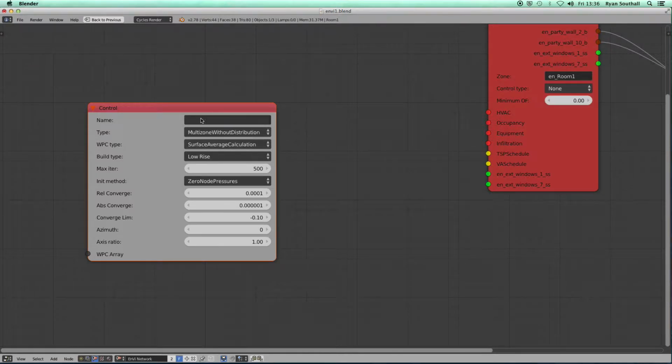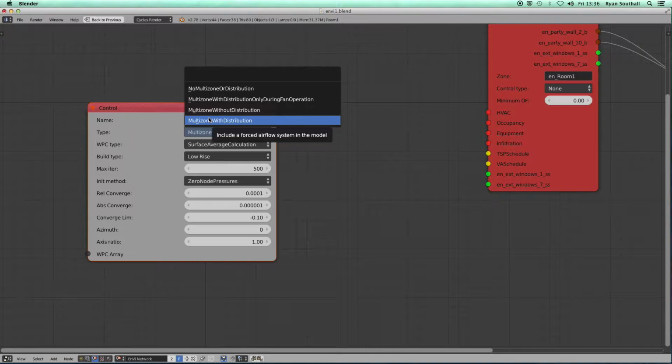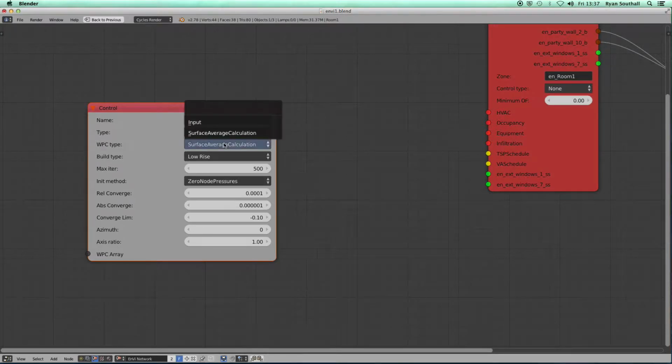So we're not pushing air around the building in any sort of mechanical way, so multi-zone without distribution is fine. Multi-zone with distribution is when we're using a mechanical system. There isn't really any capability within the v0.4 at the moment beyond simple mechanical systems to simulate mechanical ventilation, so it's generally multi-zone without distribution that we want. We can specify